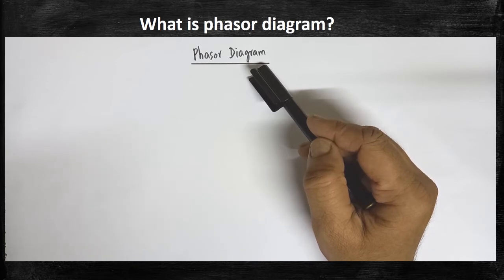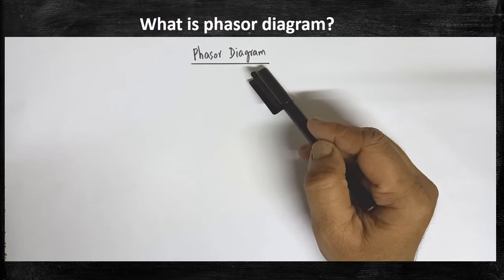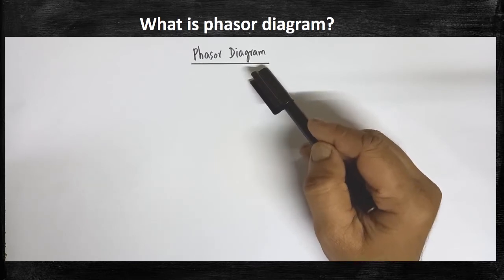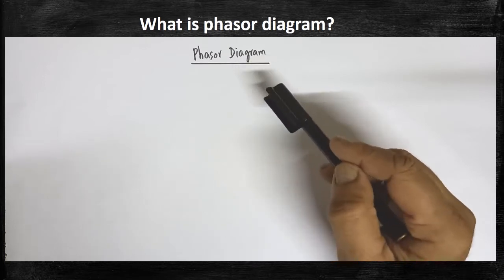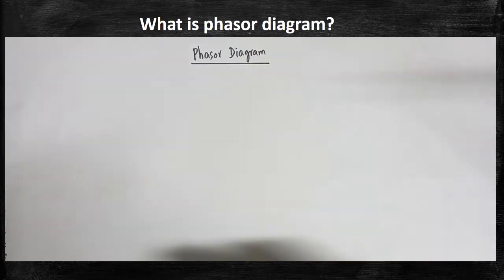Already I have taught about what phases are. Phases are nothing but rotating vectors. That rotating vector represents either the instantaneous current or the instantaneous voltage of the AC. So, the diagram which shows the various phases and their phase relations is called a phasor diagram. That is the definition of a phasor diagram.